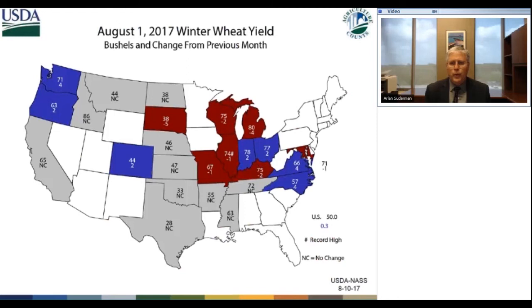As we look at winter wheat yields and what changed in this report, basically we saw soft red winter drop. The only hard red winter we saw go down was in South Dakota. South Dakota just has had a really bad year this year all the way around, and they pulled another 5 bushels off. Other than that, the reductions all came in the soft red winter wheat areas.